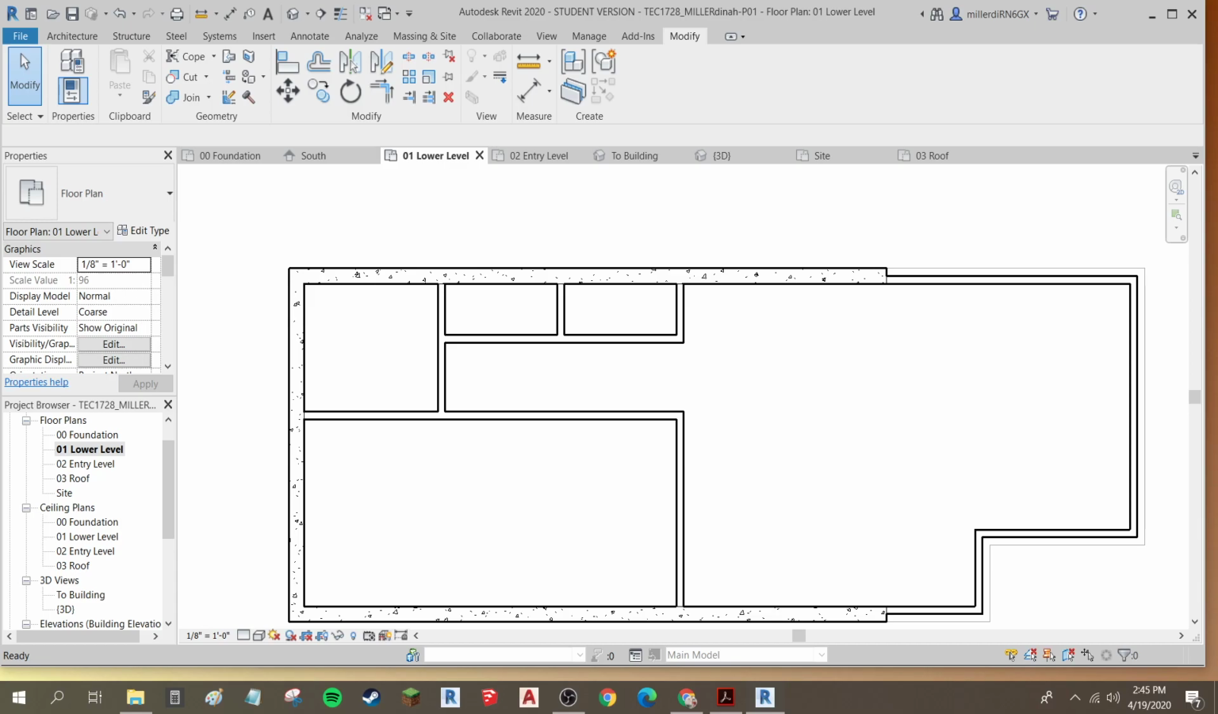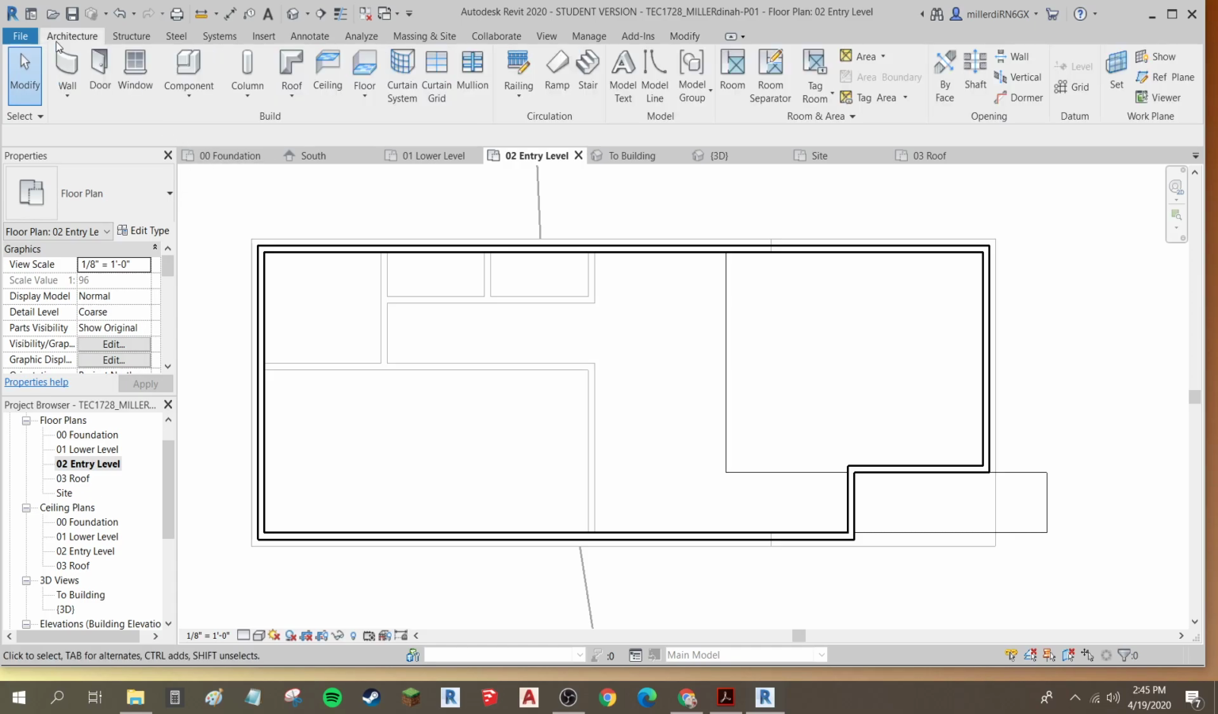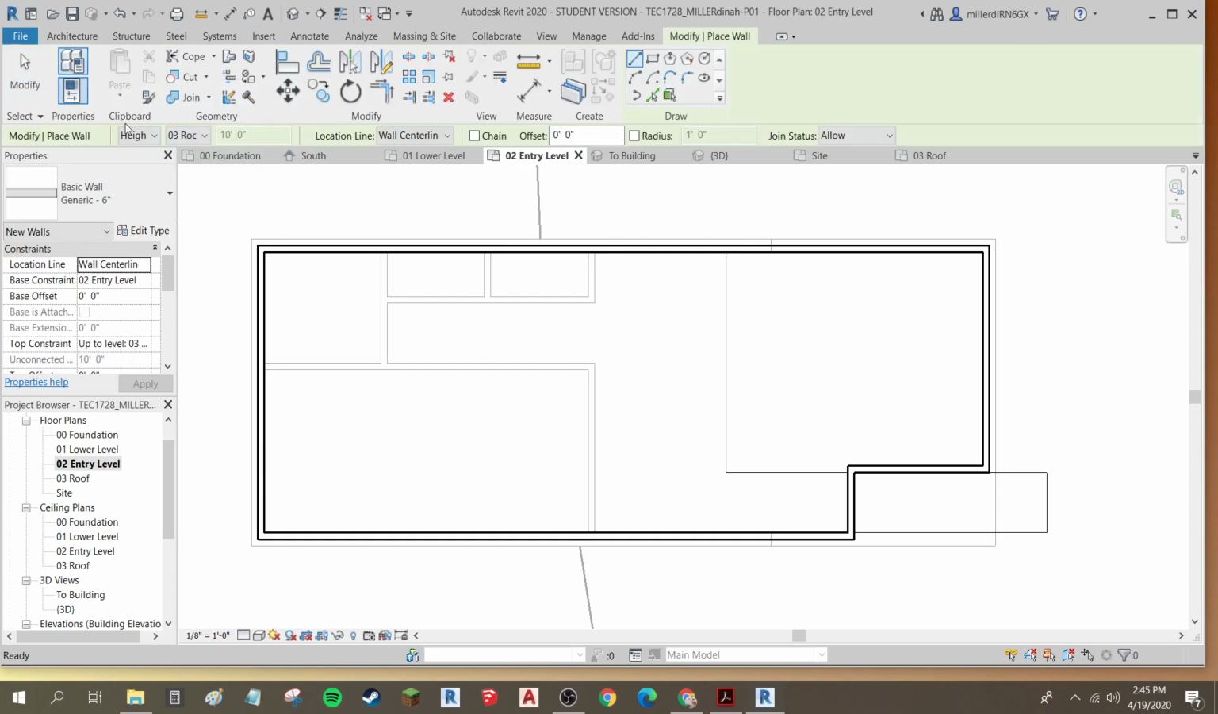Now I'm going to go up to my entry level floor plan by double clicking on it in the project browser. And I'm going to go to the wall option. They say right click and do create similar, but I find just clicking on wall is easier. And I'm going to make a wall